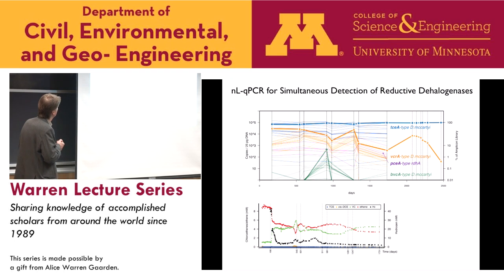So what we learned is that this culture is dominated, again, these are quantitative data, by a TCE-containing type of Dehalococcoides. And we also know what other genes are involved in that. In fact, you can see those here because these dehalogenases just co-vary. And then we have a VCR-type Dehalococcoides, which contains the vinyl chloride reductase. And you can see here that this organism goes from more than 10 to the 4 to 10 to the 2, basically by 2 orders of magnitude.